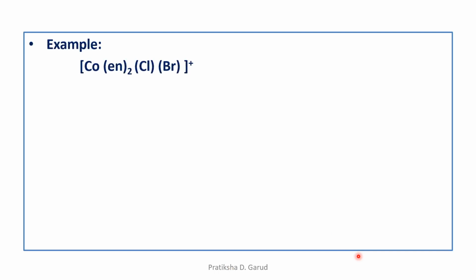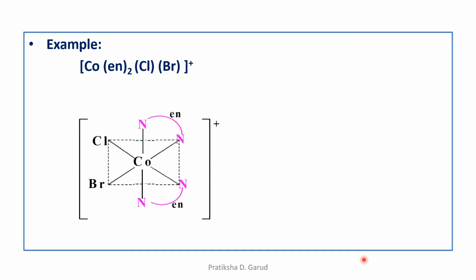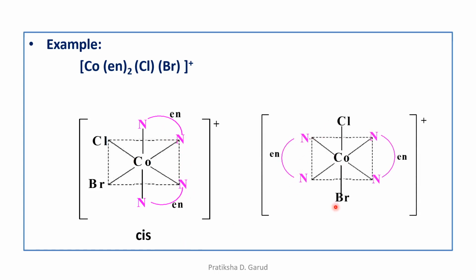So its example is [Co(en)2ClBr]+. Its structure, so this is the structure. When this chloride and the bromide are towards the same side, or instead we can consider the ethylene diamine, they are at the 1-2 positions. Suppose this is 1 and 2 positions, or towards the same side, it will be considered as cis. Whereas when the chloride and bromide are opposite to each other, or we can say the two ethylene diamines are opposite to each other, it is considered as a trans isomer. So in this way, a cis and a trans isomer for the type M(AA)2BC.